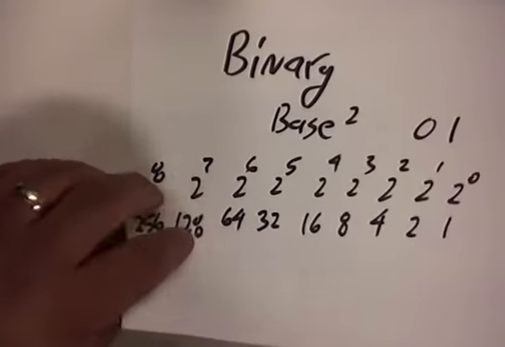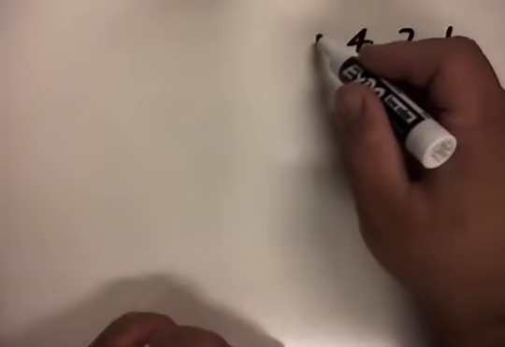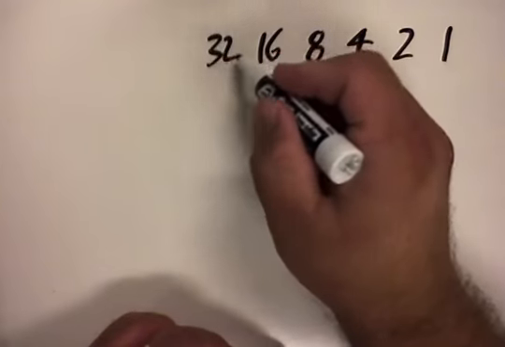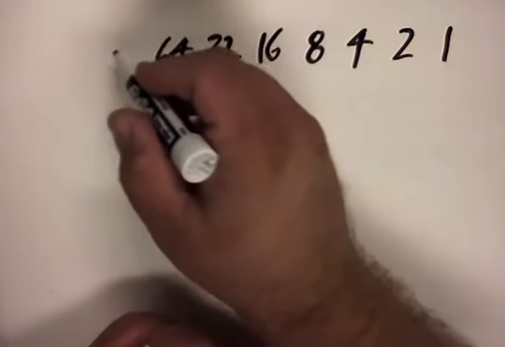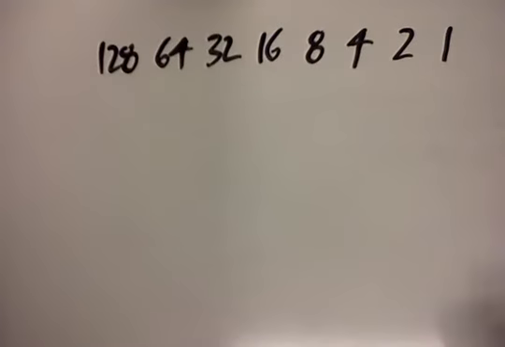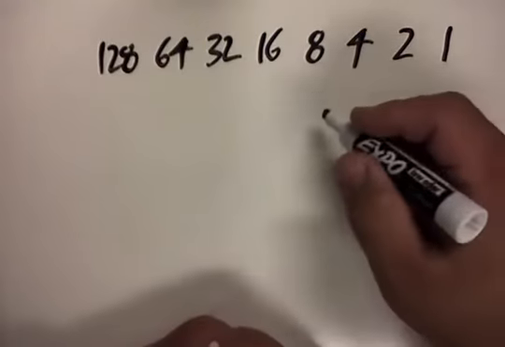All right, well, let me convert the place values over to here, and let's do a problem or two to make sure we start getting a handle on how to do this. So let's put the 1 place, the 2 column, the 4 column, the 8 column, 16, 32, 64, 128. There we go. There's our place values. Let's start out with a simple binary number of